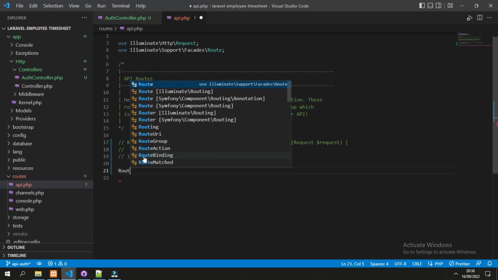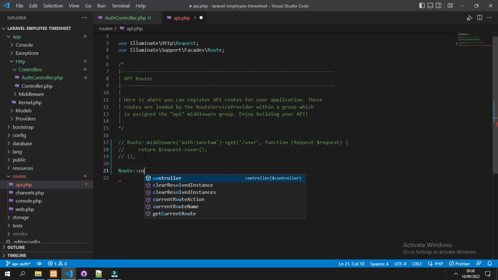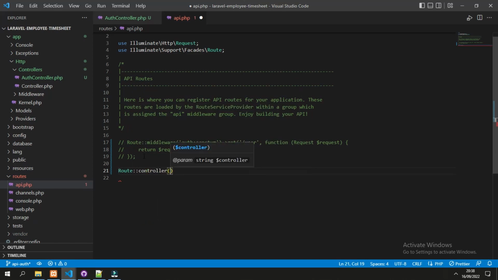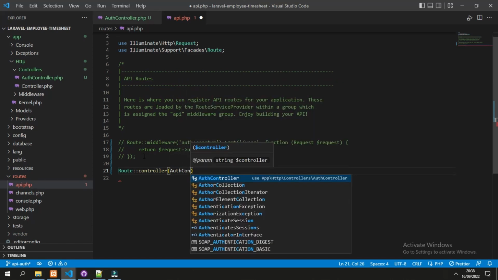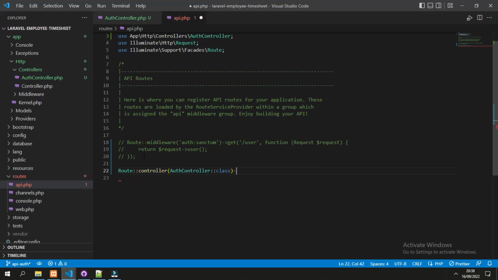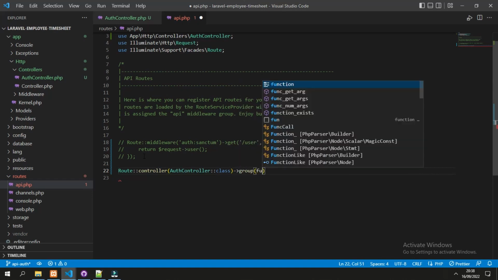So the code will be Route controller, and the controller class which is AuthController, and we can group all the functions inside the AuthController.